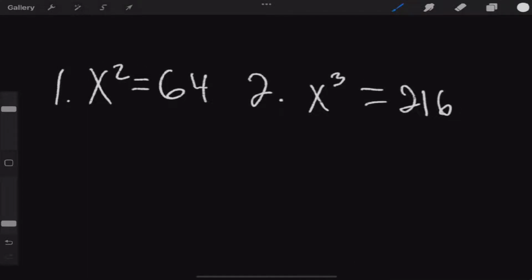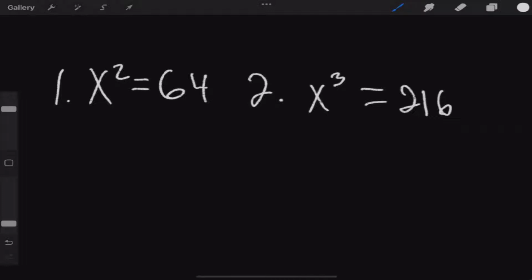I almost forgot about this one. This one isn't necessarily a property of equality. To my knowledge, I don't believe it is. Yeah, I'm not sure. I don't believe that it's a property of equality. If it is, I don't have the name right now. I'm sorry. But basically, when we have our exponents, to cancel them out,